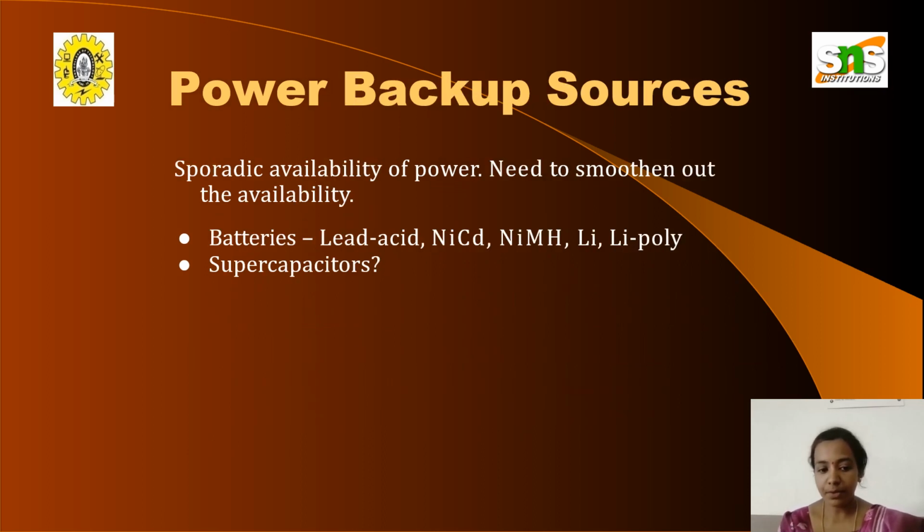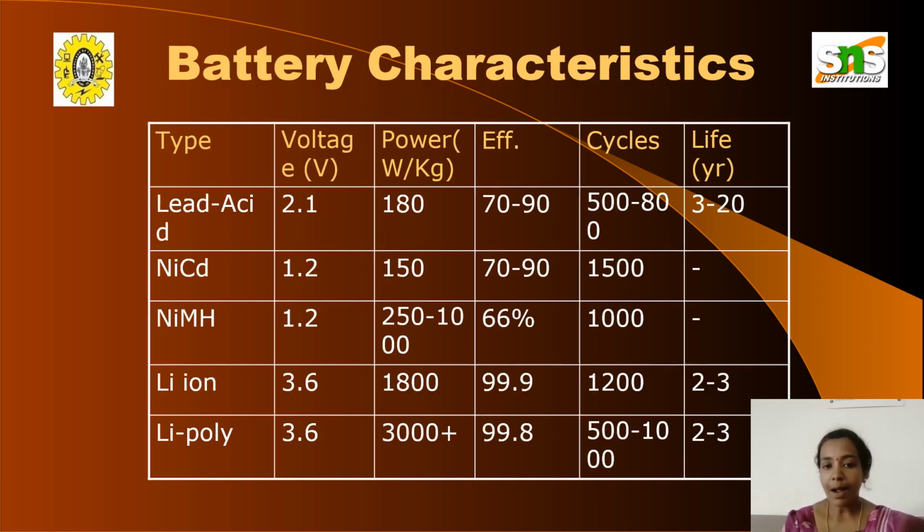Power backup resources: we have batteries and supercapacitors. These are the two devices which can be used for saving power. Battery characteristics. These are the types of batteries: lead acid, NiCd, NiMH, Li-ion, Li-poly. Based on the necessity of the power, we can select the type of battery in